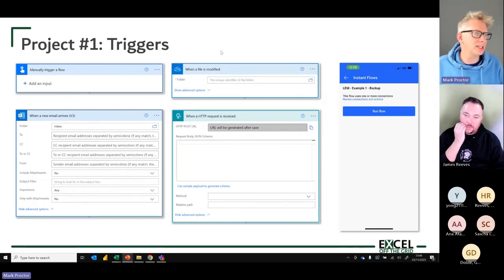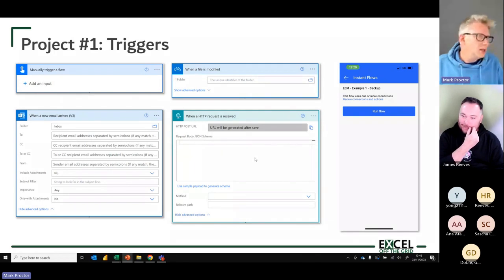You can use the when file is modified trigger. Each time a file is modified, it can track various cells and decide when it wants to run those flows. As a premium connector, there is when a HTTP request is received, and you can create buttons using Office scripts, and then your Office script can send a HTTP request. So you can trigger a Power Automate flow from Excel through an Office script, but that is a premium connector. Also, because Power Automate is online, there's a phone app. You can even lie in your bed and on your phone, you can click Run Flow, and that will equally